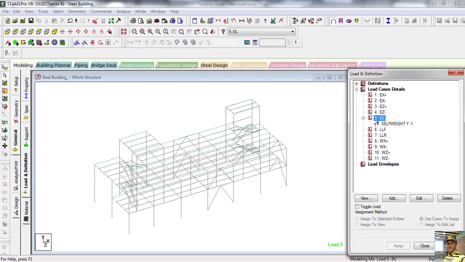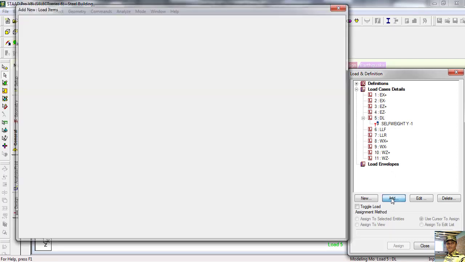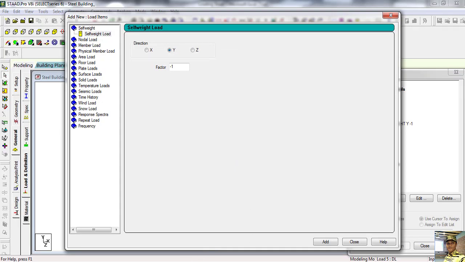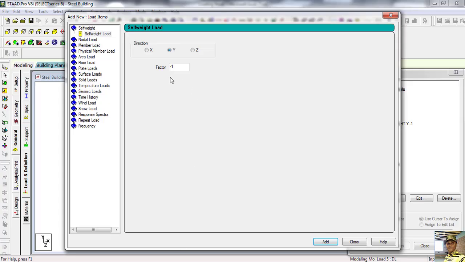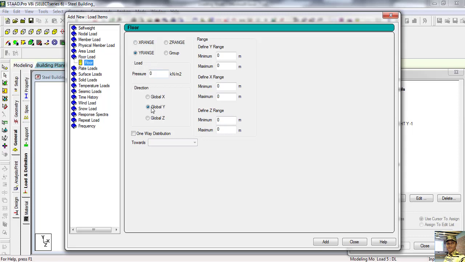So define this load case. Now go add, the value is 3.65. So go to floor load, and that is y direction and it will act downward, -3.65.